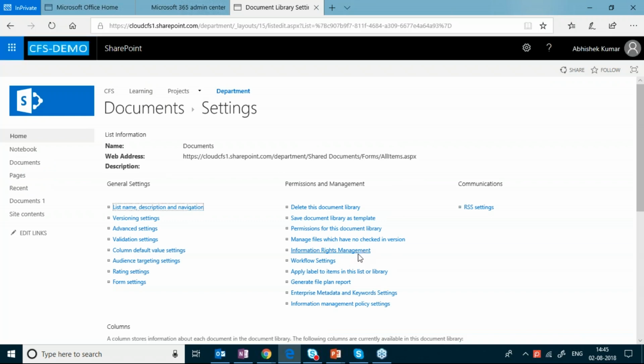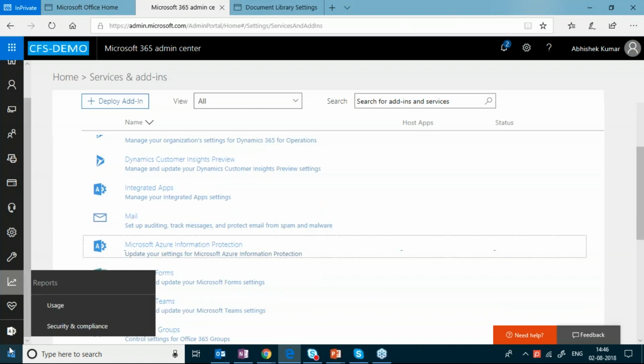Sometimes this option of information rights management is not available within library settings. If you have an E3 license and you have activated rights management, you must get this option for your document library. But if you're not getting this option, then you have to go to Microsoft 365